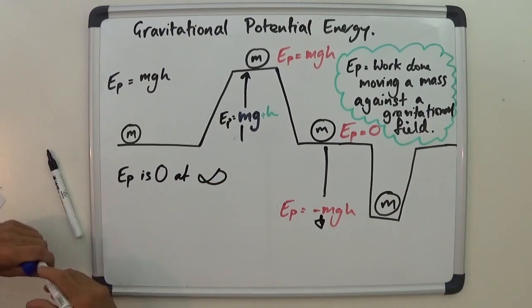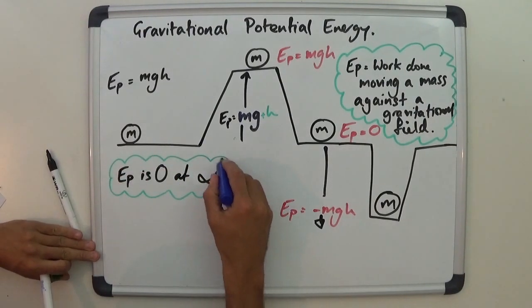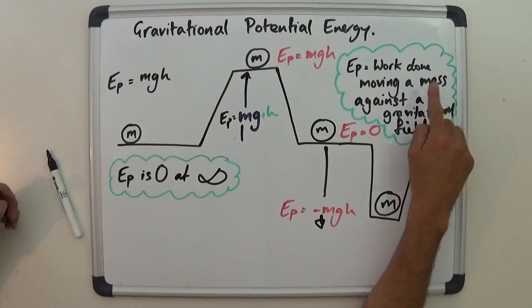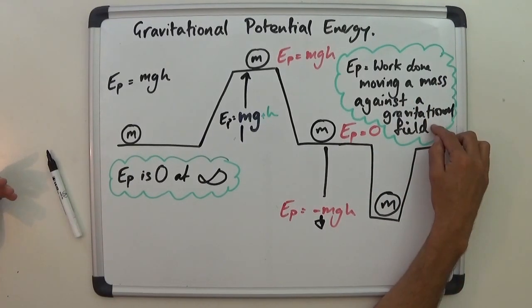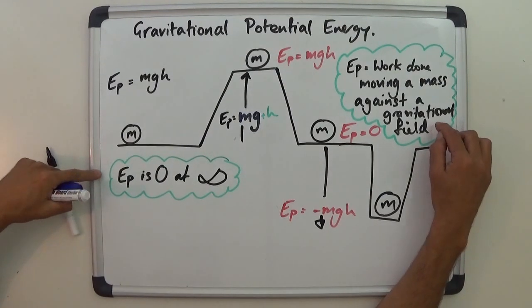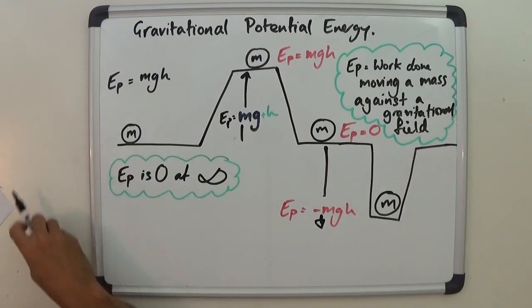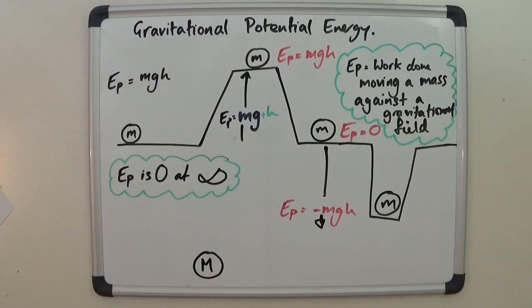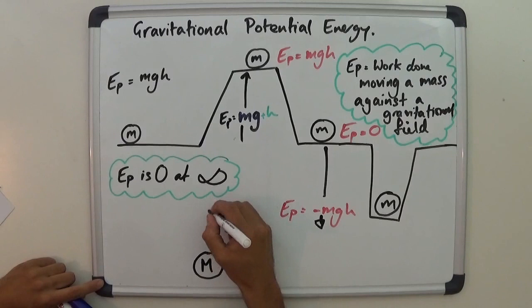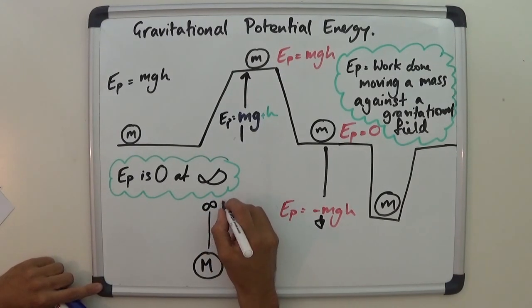Once we've accepted this concept, then any work that's done moving a mass against the gravitational field gives a positive potential energy, but you can't actually do work against the gravitational field to infinity. But what you can do is go with a gravitational field. So if we now have a massive object, I'm going to call this a big M, like a planet or a star, at some infinite distance away, at infinity, the EP